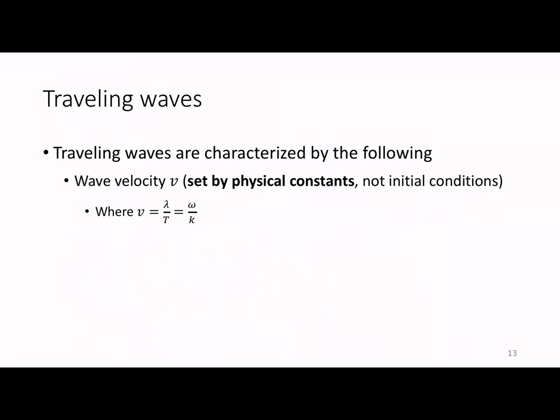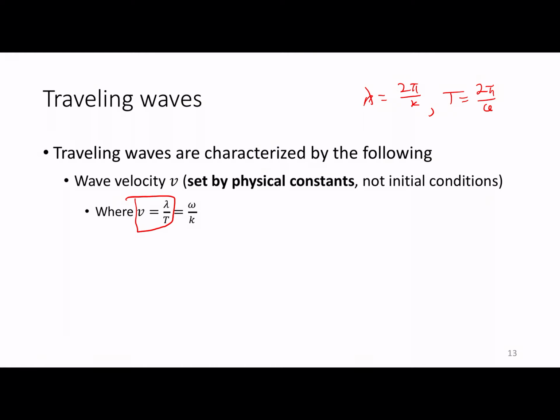The fundamental physics enters into that wave velocity, v. That, as we will see, is set by the physical constants in our system. We don't get any control over that, or set by the physics anyways. So the velocity, as we saw, was lambda over T. We had lambda is equal to 2 pi divided by k, and we had period T is equal to 2